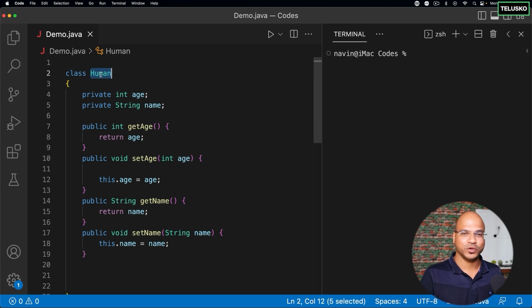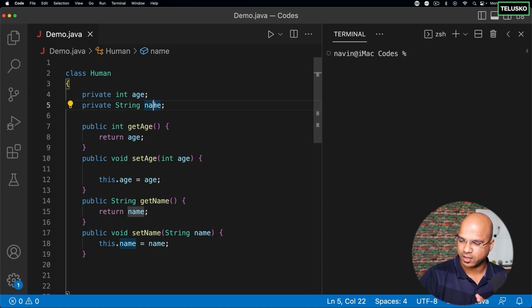In this video, we'll talk about constructors. Now, what are constructors? Look at this example here, which is of Human. When you talk about Human, we have some variables, right? Of course, these two variables are instance variables. And then we have seen in the image as well, whenever you create an object, in this example, we